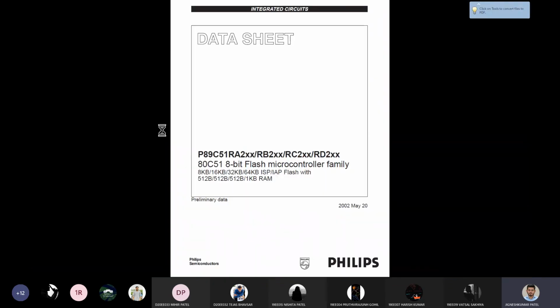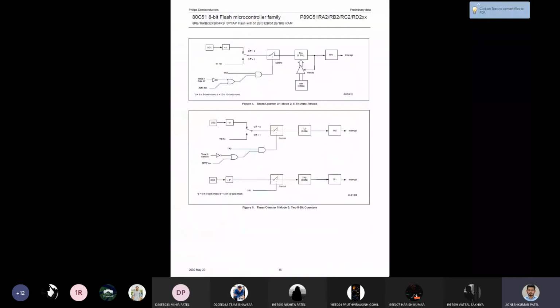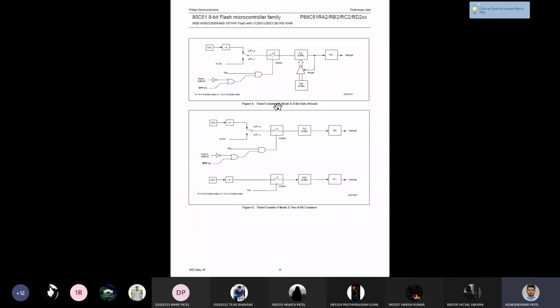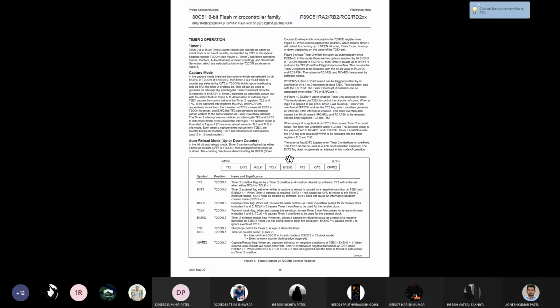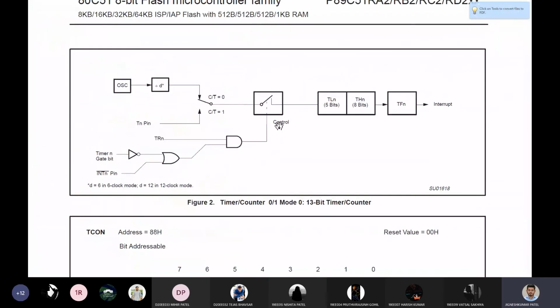Okay. See, the actual timer diagram will take a lot of time to draw, but I'm going to show it directly to you. This one, not this one. Yeah, see, this is the actual diagram. I'm going to explain this whole diagram in detail. No issue, do not worry about it. But this is the diagram.